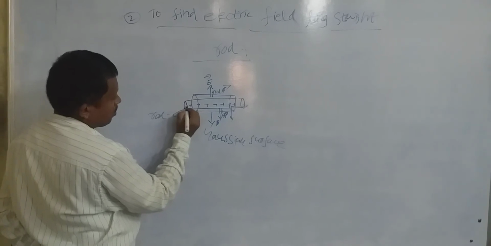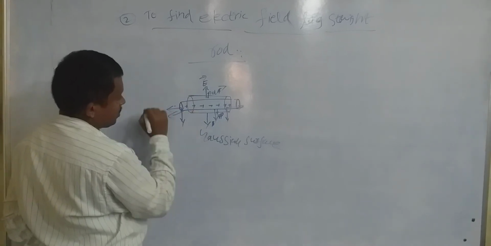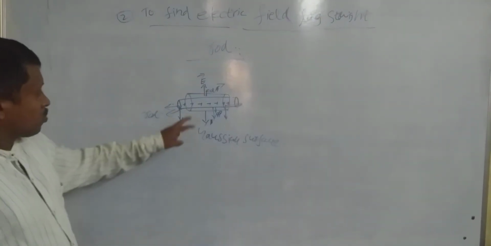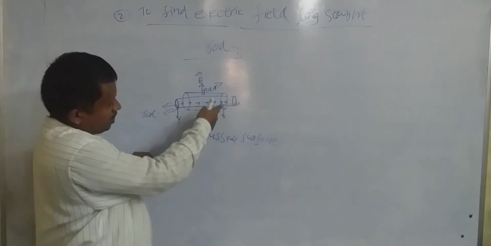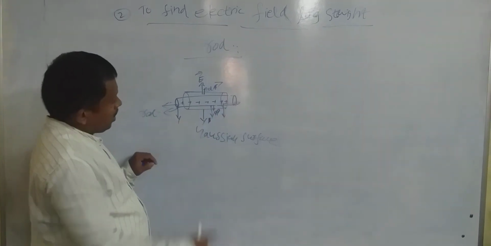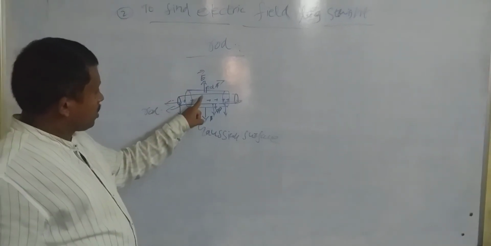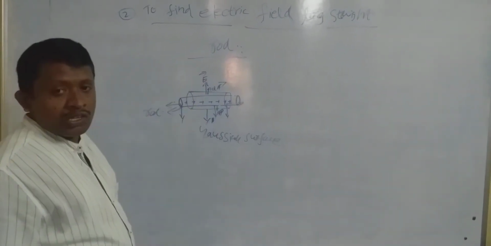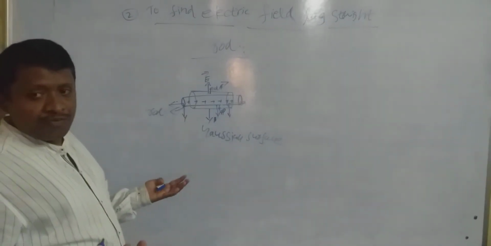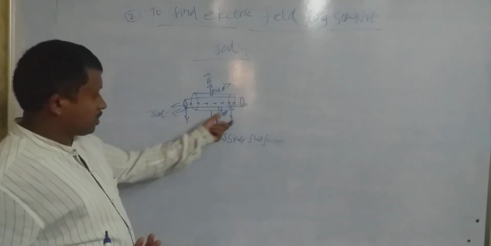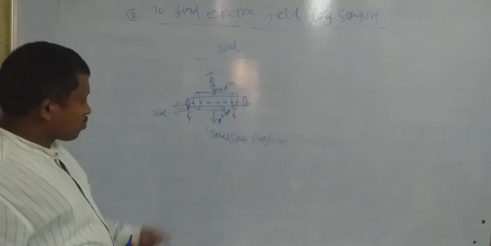At the top of the cylinder, the electric field is tangent to the surface area. On the side, the electric field is parallel to the area vector, perpendicular to the surface. When the electric field is tangent to the surface area, the flux is 0. We have already known this, so directly I am going to use Gauss's law, and we will find the answer.